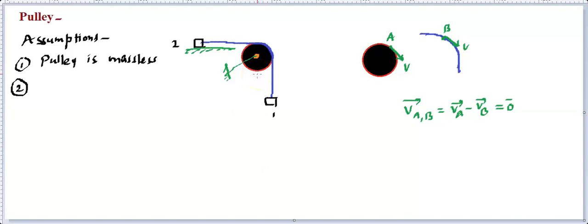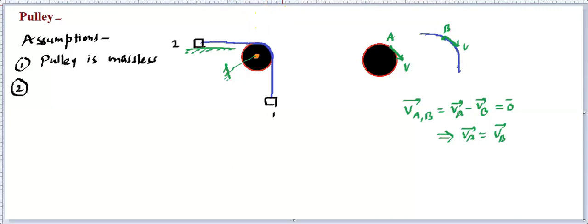In real life, you might find some sliding taking place, but that's also going to be an assumption, right? So they move in just contact. That means the velocity of point A is going to be equal to the velocity of point B. A is on the pulley and B is on the string, and they are contact points. There are several contact points running from this point to this point, and this is true for all the points which are in contact. So this is also one of the points that we need to use for the case of a pulley.